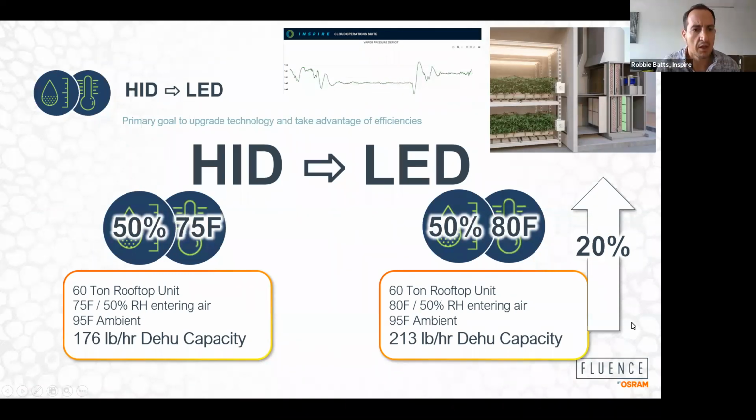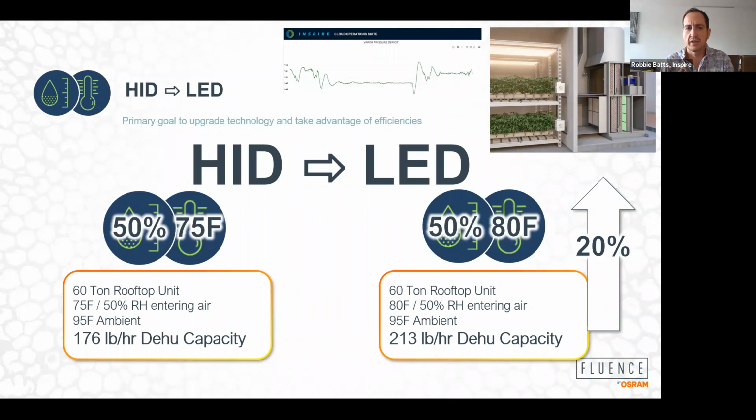Well, the one thing I'd like to bring up immediately is HID to LED. The change in set point alone is going to get you more capacity out of your equipment. What we're showing here is just a standalone system run at 2 separate conditions. The first condition is standard HID, 75 Fahrenheit when the lights are on, 50% relative humidity. This seems to be an ask from a lot of the people we work with. And you can see what the unit capacity is in terms of the peak pounds per hour of moisture removal